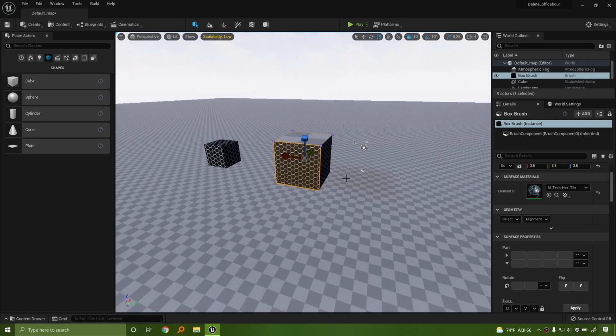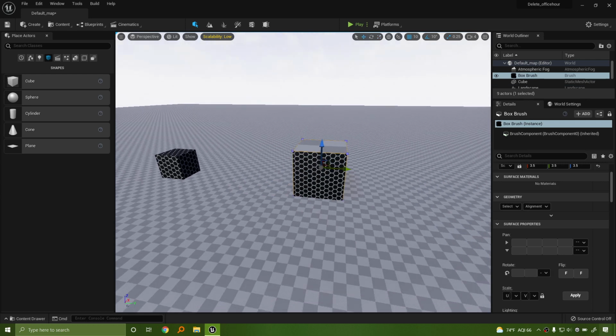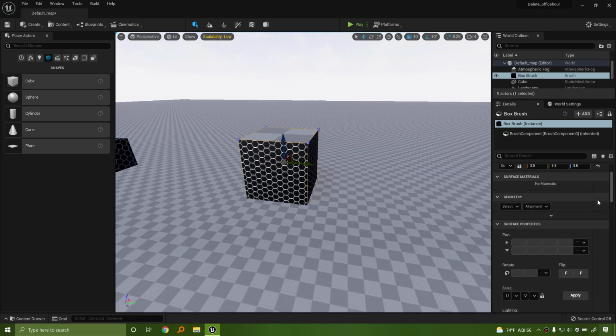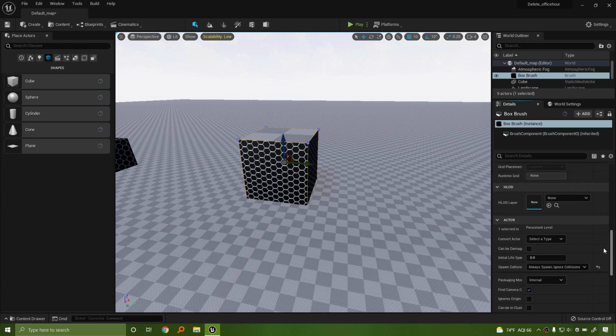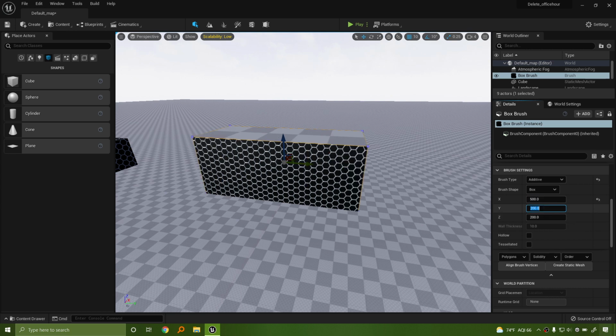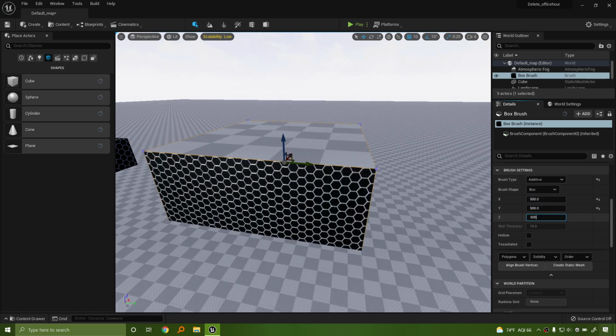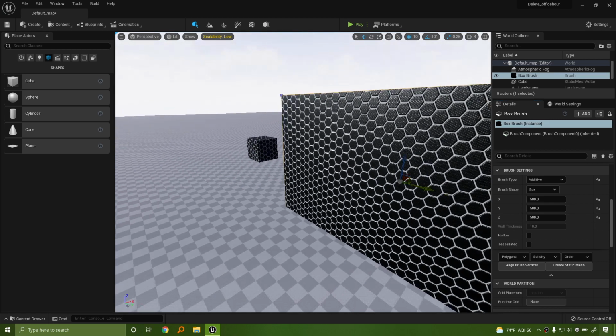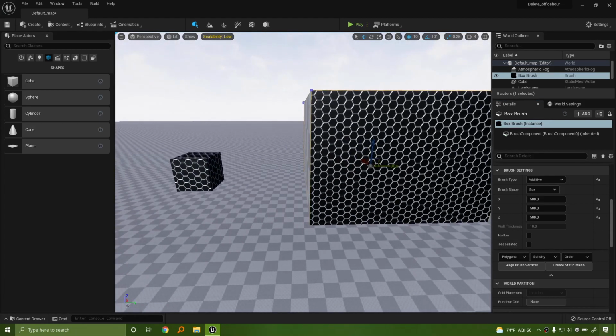Now watch what happens if I'm working with a brush and I do the same, but instead of changing the size of the box brush by scaling it, I'm going to change the X, Y, and Z. So let's do 500 by 500 by 500. Notice how despite it being bigger, the texture scale didn't actually change.